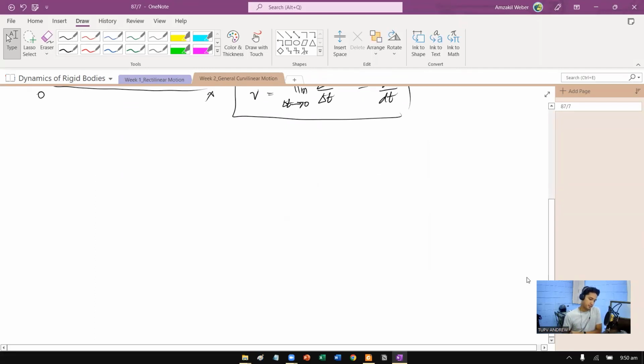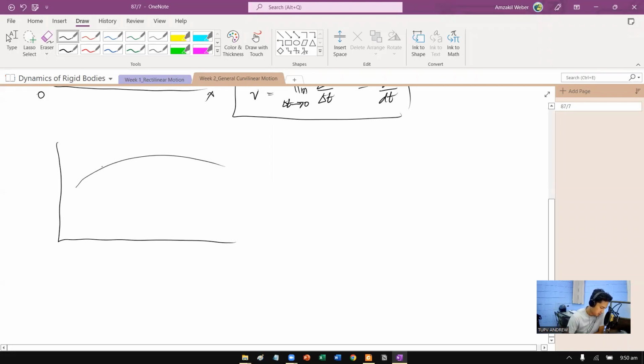Let's draw another, at the same level. Let's say this is the initial position, second, third, fourth, fifth time. Okay, these are r1, r2, r3, r4, r5. And our velocity by this,